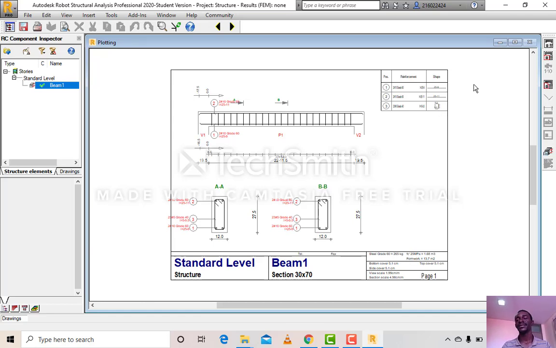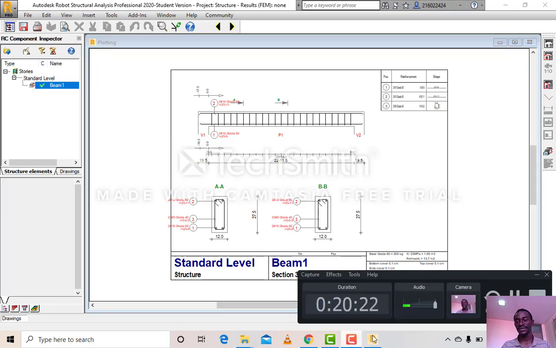I hope you guys are satisfied. This was a bit of what we were busy with during this period of pandemic. Hope to meet you soon in the next tutorial. We're going to be dealing with trusses. We're going to be dealing with frames in different